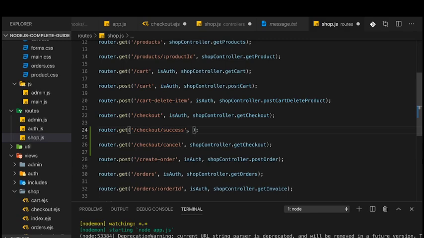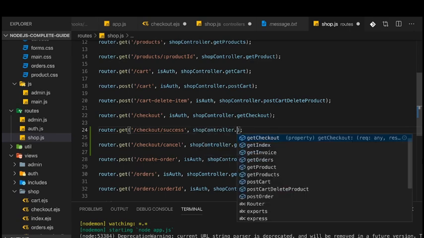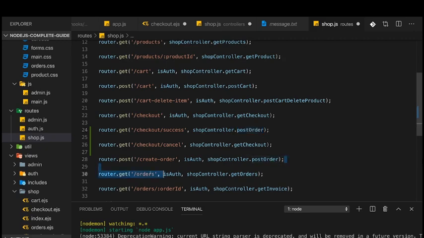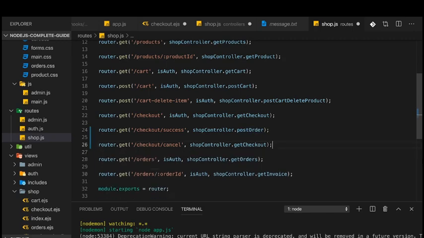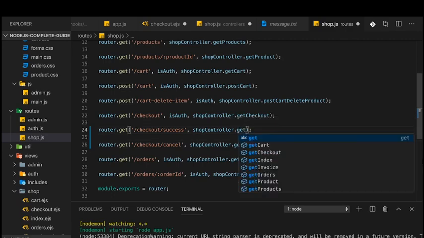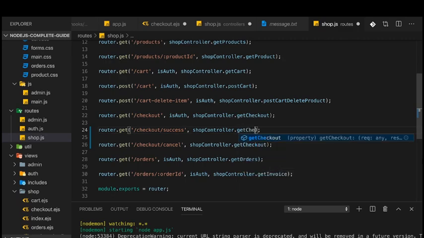If we succeed, I need a new controller though. And there, I want to do the same thing I did before in post order. So we can simply redirect the user here to post order. Now we already use post order here on /create order. That is a route we don't need anymore though, because we will now replace that thanks to our new checkout flow. So we only need checkout success and checkout cancel. And for checkout success, we go to post order. Or actually here I will create a new controller, get checkout success,